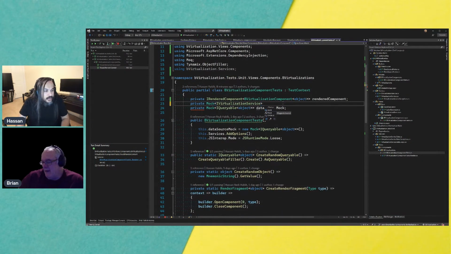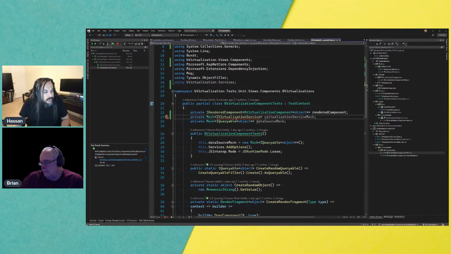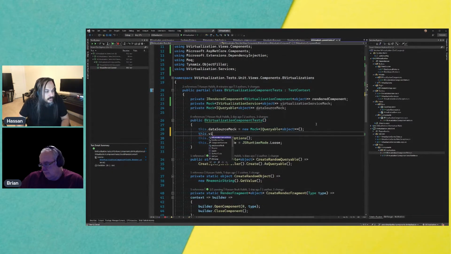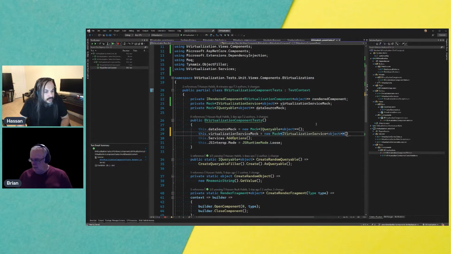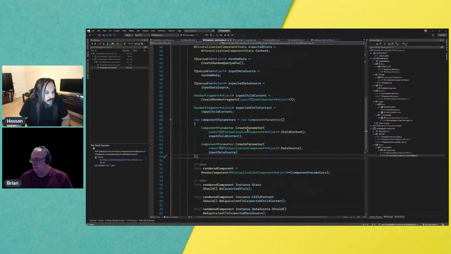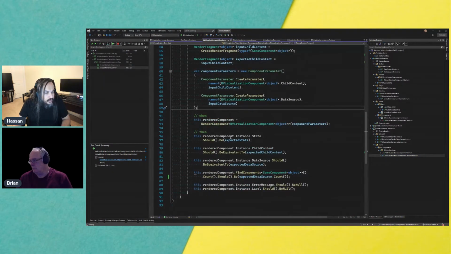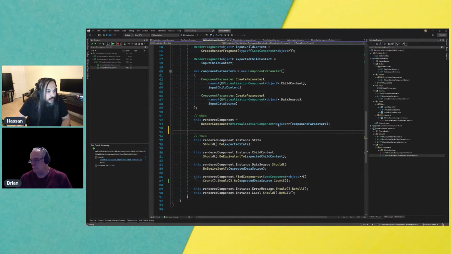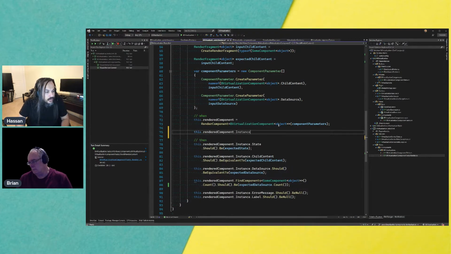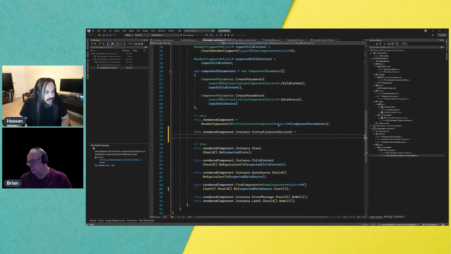Yes, sir. Okay, so this is virtualization service mock, and I'm gonna register. I don't think I need to register. Let's see. This guy needs a type, so I'm gonna say an object in here. And then I can go up in here and say this.virtualizationServiceMock equals, give me the mock. Great. And then I'm gonna use that in a little unorthodox way. I'm gonna go here and say, okay, you already rendered, so you already initialized. I'm gonna go up in here and say this.renderedComponent.Instance.VirtualizationService equals,